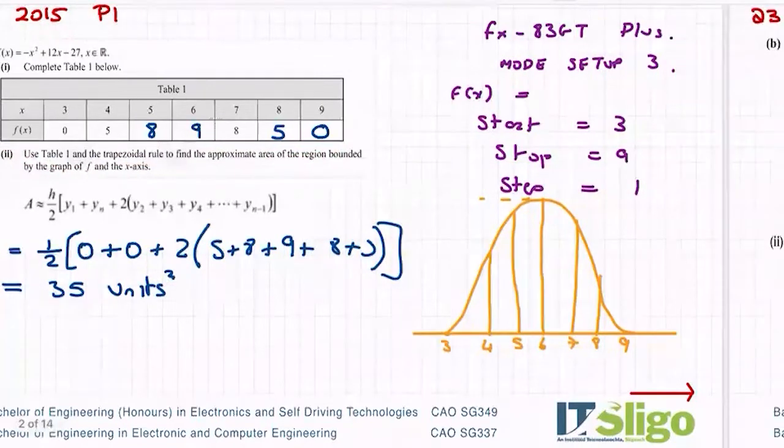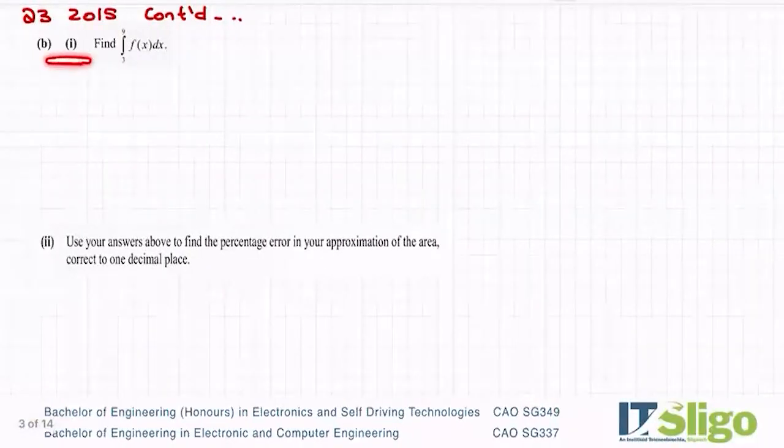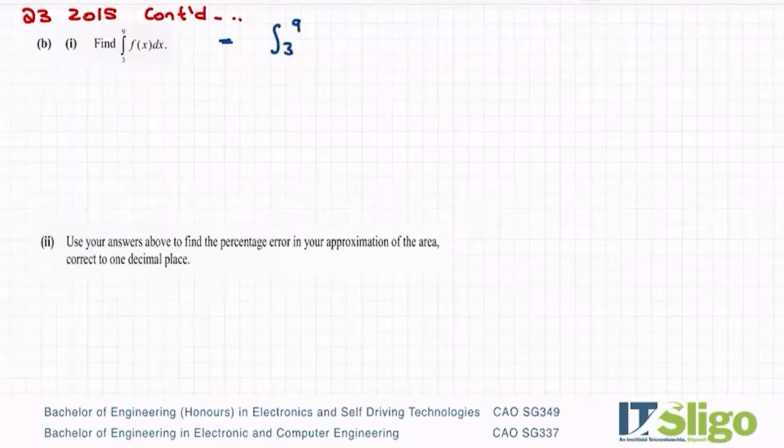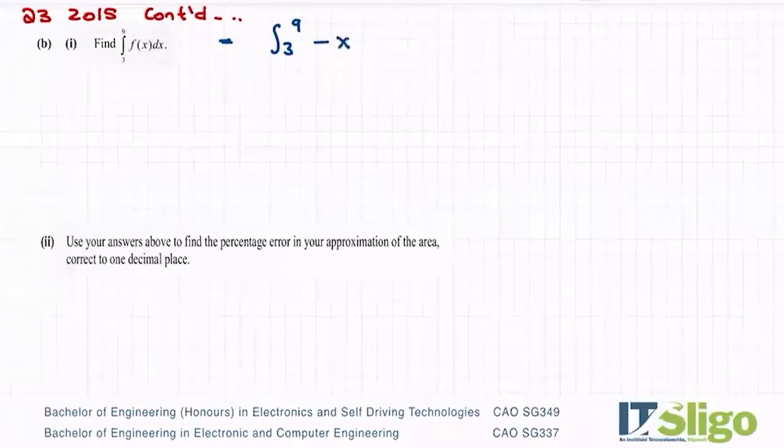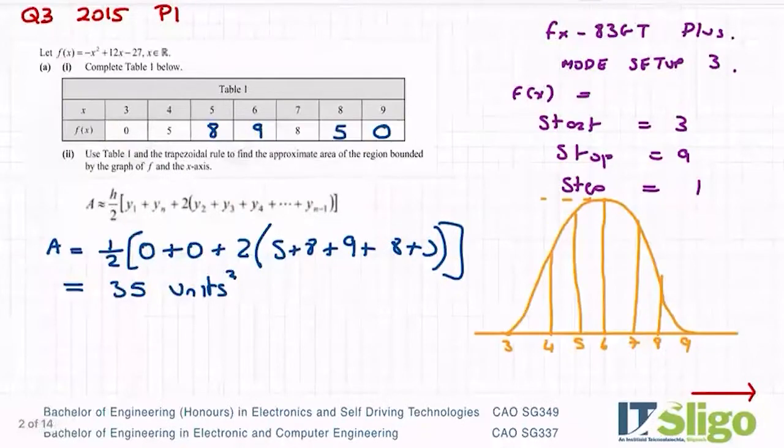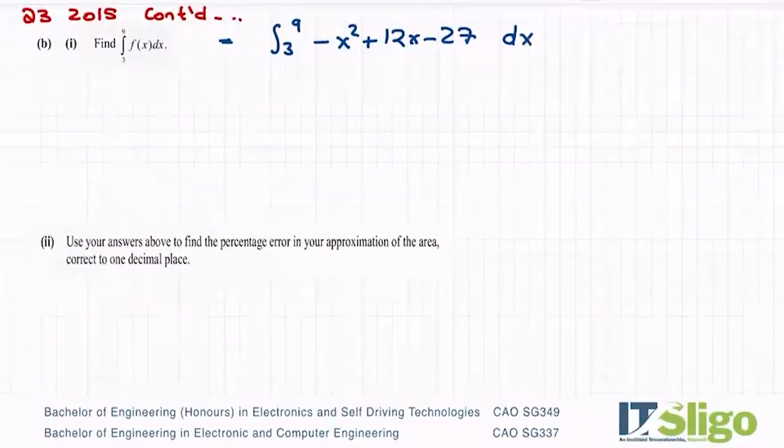using the trapezoidal rule. Part B then, so this often comes afterwards, and it's a very typical question to come after the trapezoidal rule. It's asking you to find the area of that function between 3 and 9 again using integration, because integration also gives you the area under a curve. So it's between 3 and 9 of what it was, our f of x, minus x squared plus 12x minus 27 dx. Okay, so to integrate,